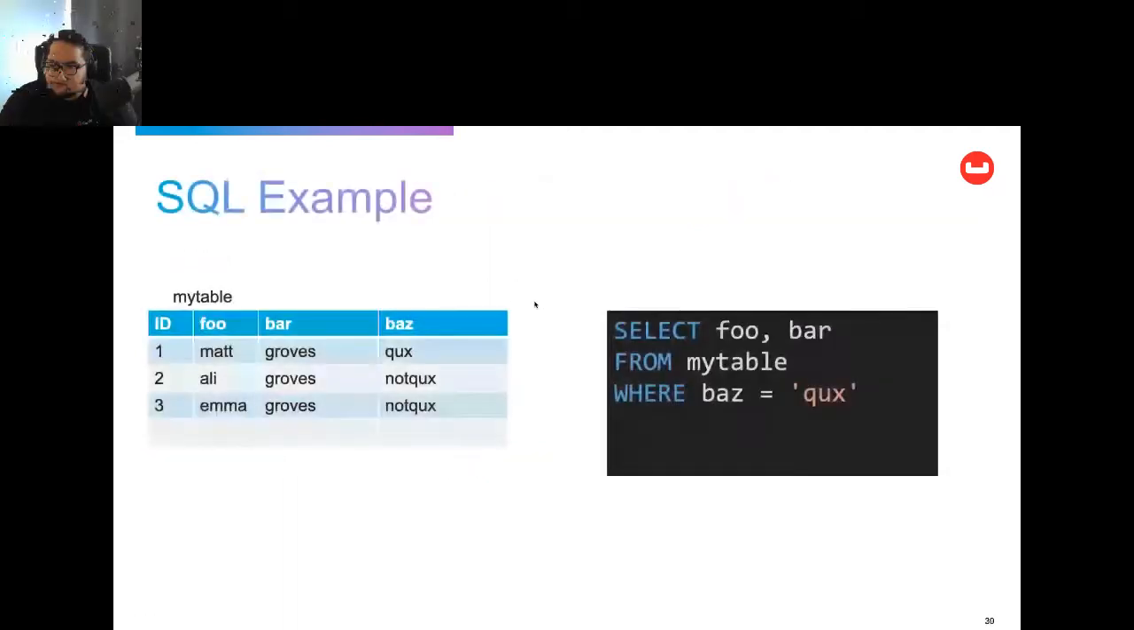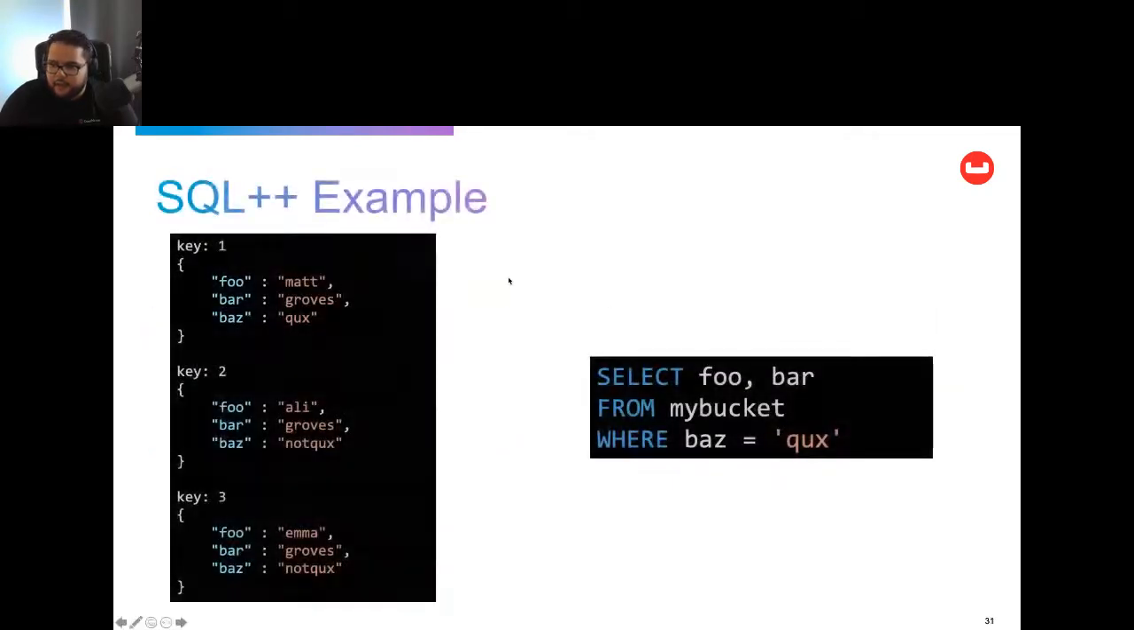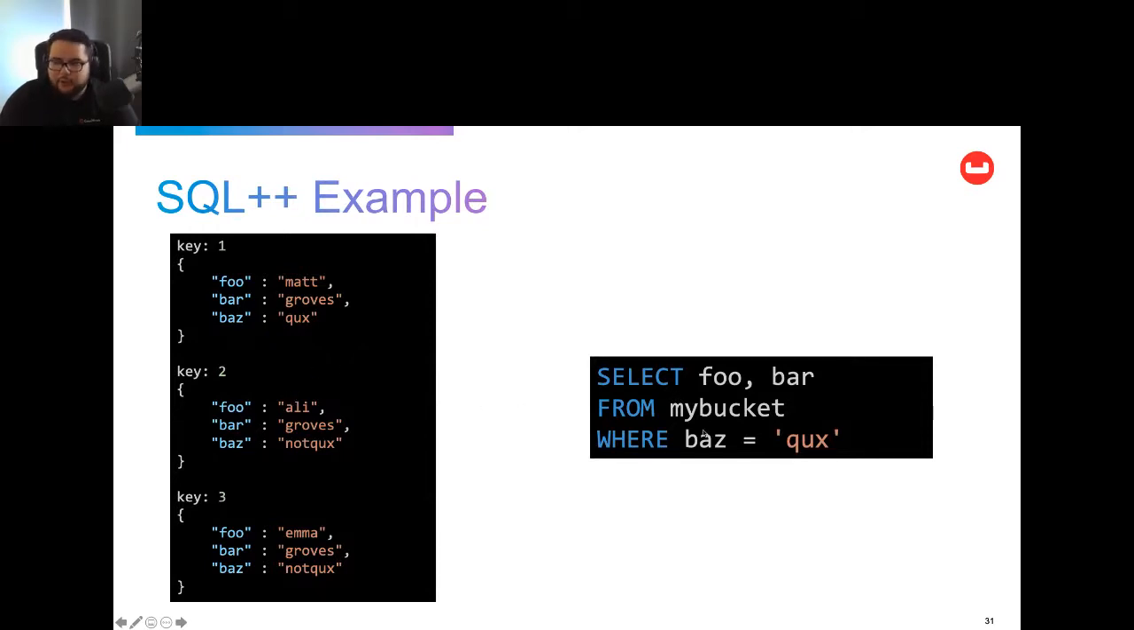For instance, here is an example in SQL. Let's say I have a table with 3 columns, foo, bar, and bass, and I can select foo, bar from my table, just name a table, where bass is equal to QUX, right? So this is just a standard SQL example. And if you notice, the query is the same in SQL++. So here we have 3 JSON documents, and then we can make the same query in SQL++,